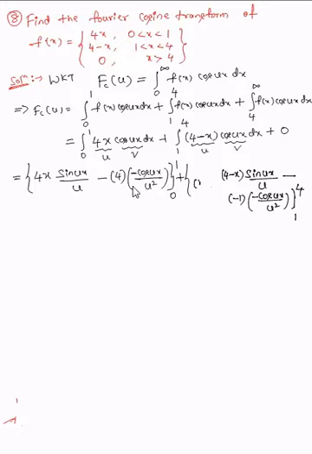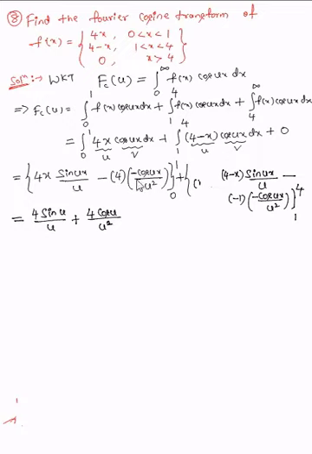Same thing, only this number will change. Now let us substitute the limit for this. So this is equal to, first let us put the upper limit, x equal to 1 in this term. If I put x equal to 1, it is 4 into 1, 4 sin x with x equal to 1 is sin u. So 4 sin u by u, this term. Then minus into this minus, it is plus, 4 with x equal to 1, so this is cos u by u square.